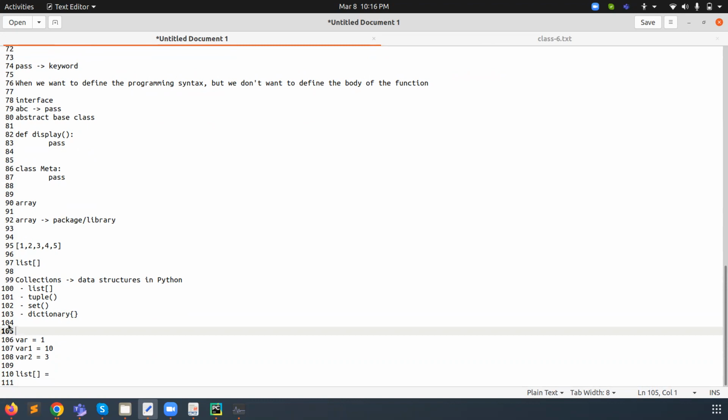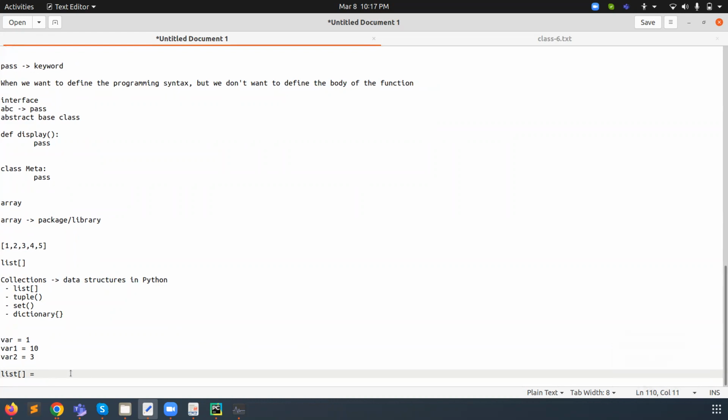List means, unlike an array, which stores homogeneous data, a single type of data, in a list we can store a combination of values. There is no compulsory single data type. In an array, in C, Python, PHP, Java, we store a single type of value. If we define an array of type string, only string values can be stored; if you store an integer value, it will throw an error. But the advantage of a list is that we can store any number of values, either 1, or ABC, any collection of values inside one list.